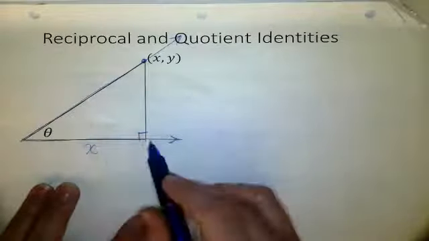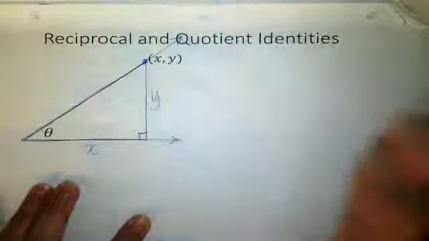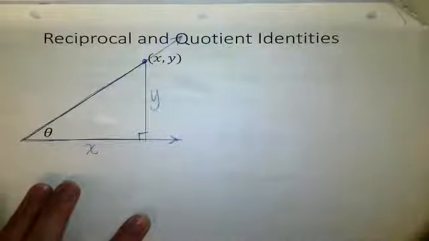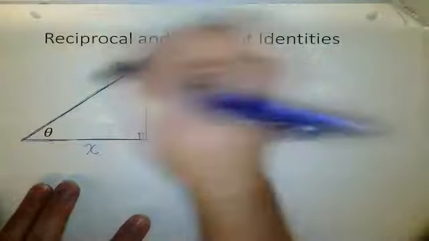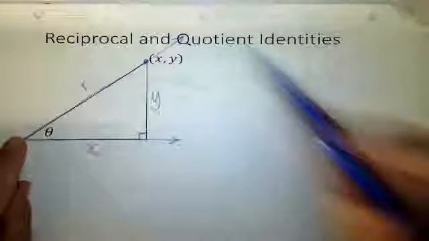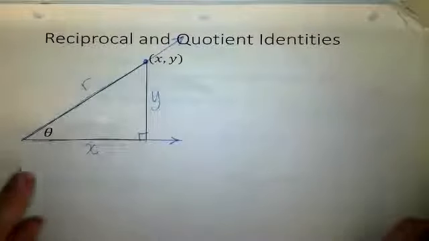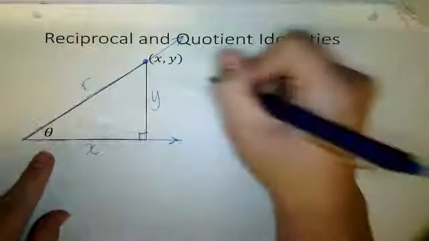So x units to the right, and then how many units to get to the point? Y units to get to the point. Okay. And I'm just going to call our hypotenuse the radius. So we know that if I want,